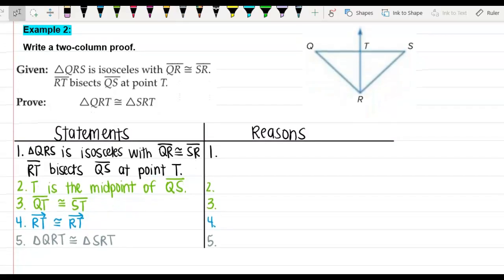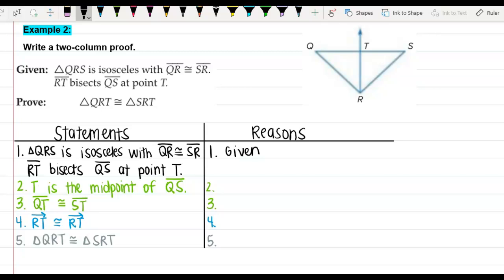Okay, let's look quickly. This one I think should go a little faster since we just did one, and we're kind of getting the hang again about how to do 2-column proofs. So remember, first thing, we always list our given. Hopefully, maybe you even already wrote that down. Okay, so we have our given, and then we are going to label. Remember, we're only labeling things if it actually has a congruent statement,